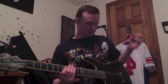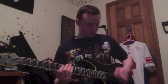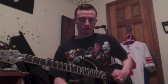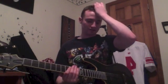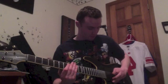Alright, and here's the next exercise. Starting from the A string, you just want to do a down pick like this. The purpose for doing that exercise is to find the part of your right hand that mutes the strings. It's different for everybody. For me, it is this part of my thumb. It's my entire thumb. After I play the string,